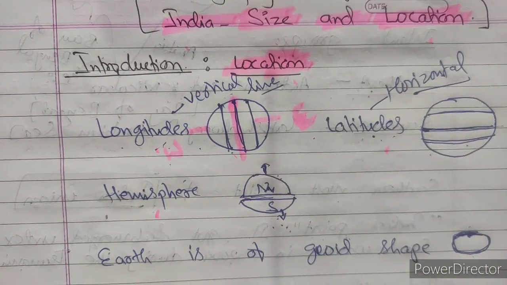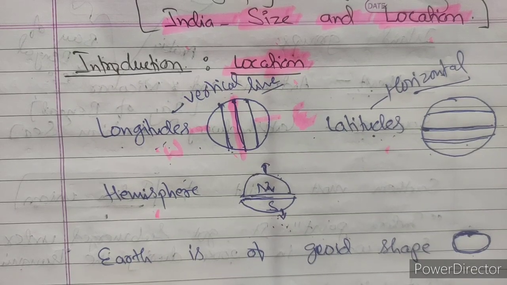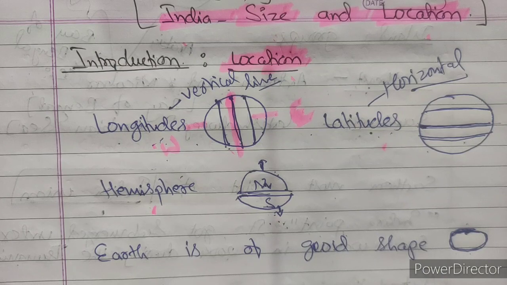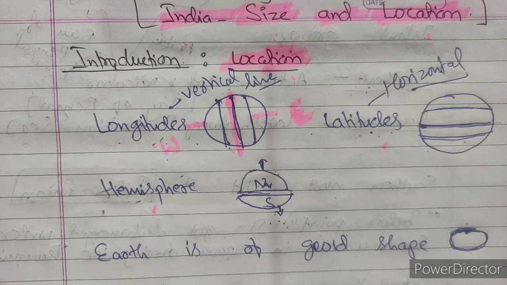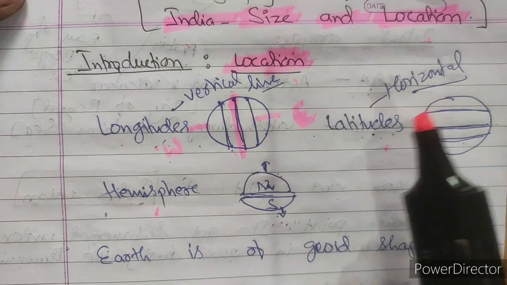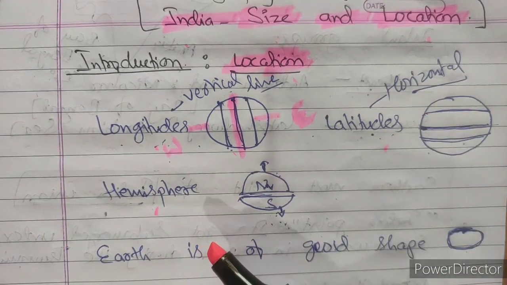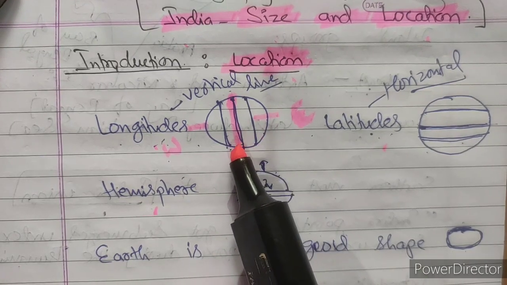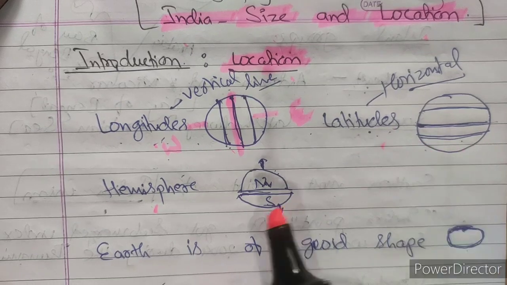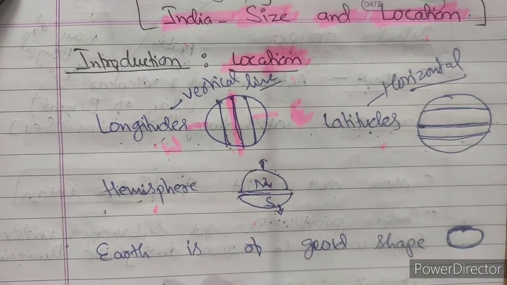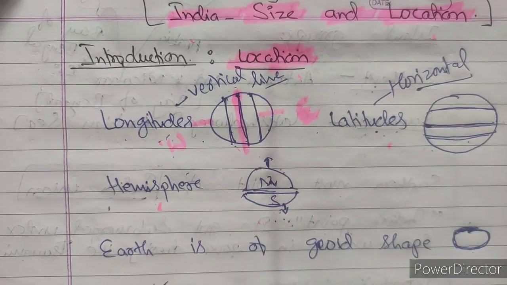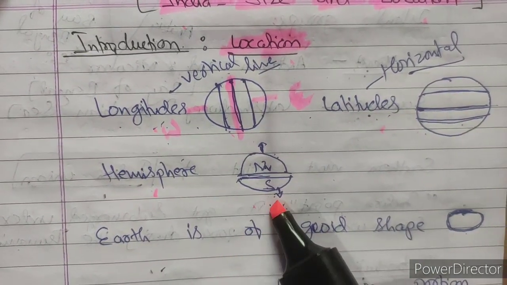To know the location of India on the world map, first and foremost we are supposed to know a few concepts related to location, to identify the location of any particular area or a country. To identify the location of a country in an area or on the whole world map, what we need to know is the position on longitude and latitude and the position on hemisphere. Then you are supposed to know what is longitude, what is latitude, and what is hemisphere. Let us first move towards hemisphere.